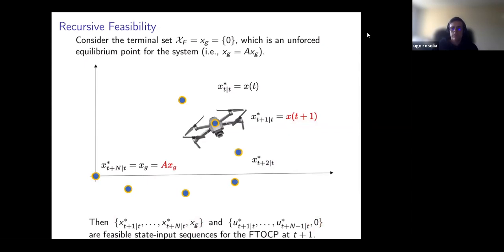And now I would like to stop for a second to see if there are any questions about this property. Okay, so now let's